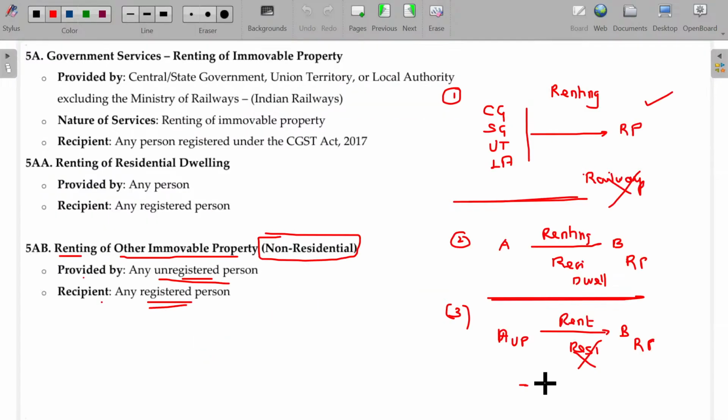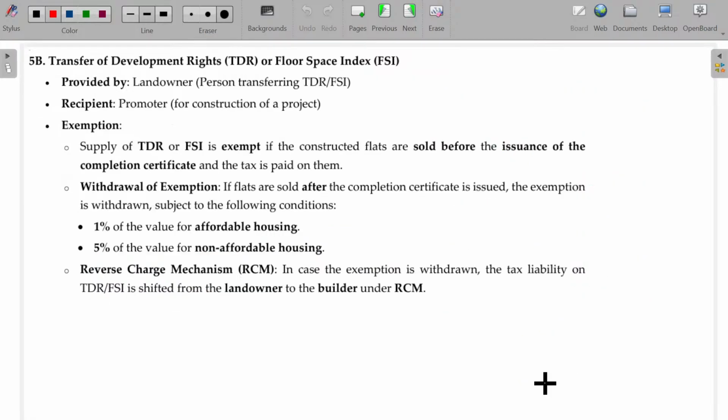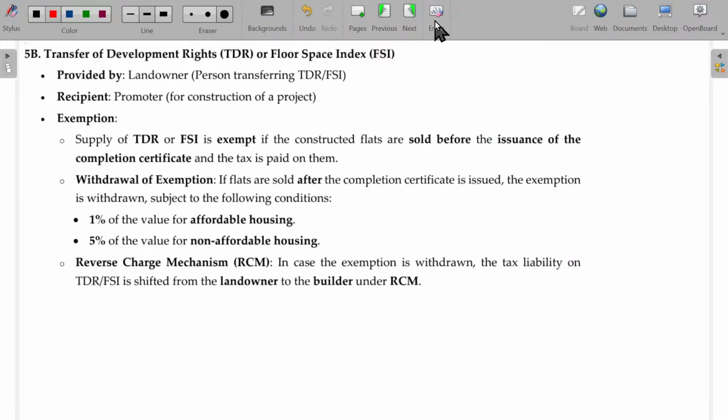Next, for renting services, if the recipient is a registered person, not necessarily a business entity, you have to pay the GST under RCM basis. The supplier may be any person, but if the recipient is a registered person getting renting of residential dwelling for residential purpose, then automatically GST will be applicable under RCM basis. For other than immovable property, if it is let out by an unregistered person to a registered person, then RCM basis will be applicable. And now 5B,